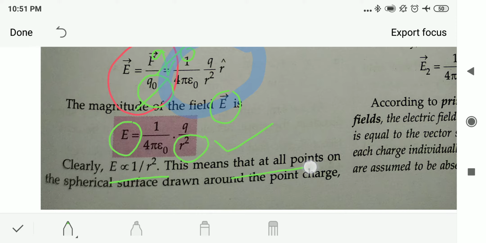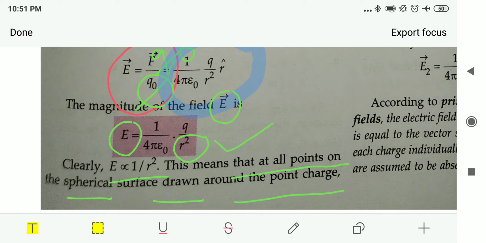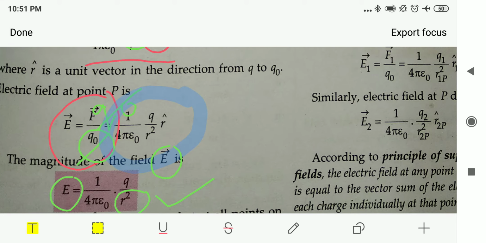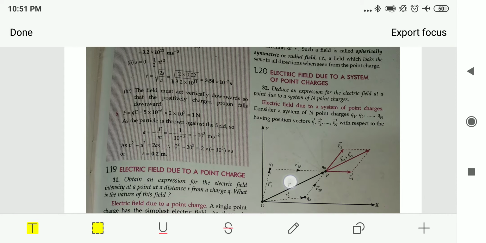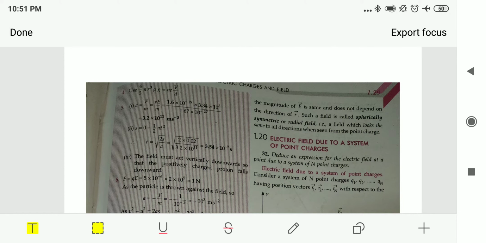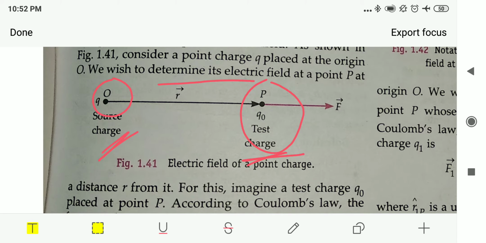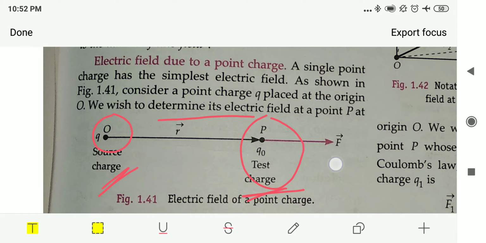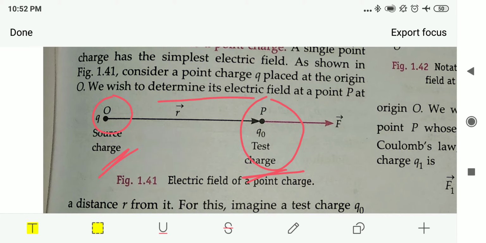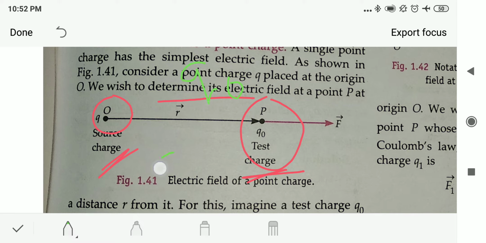This means that at all the points on a spherical surface drawn around the point charge, the magnitude of the electric field is the same and does not depend upon the direction of r. In this diagram, if I place a test charge here also,